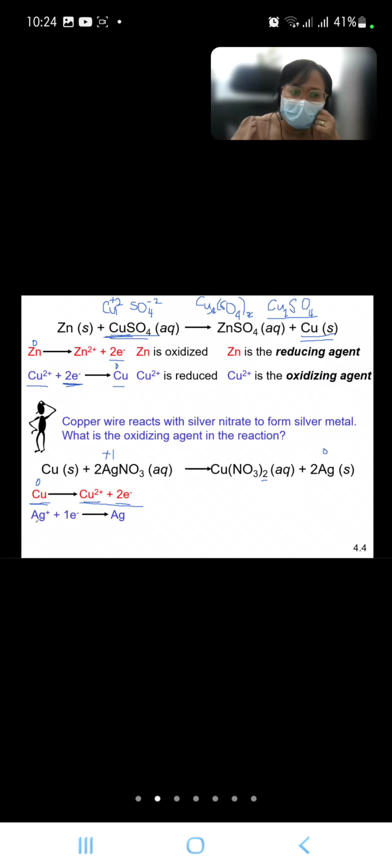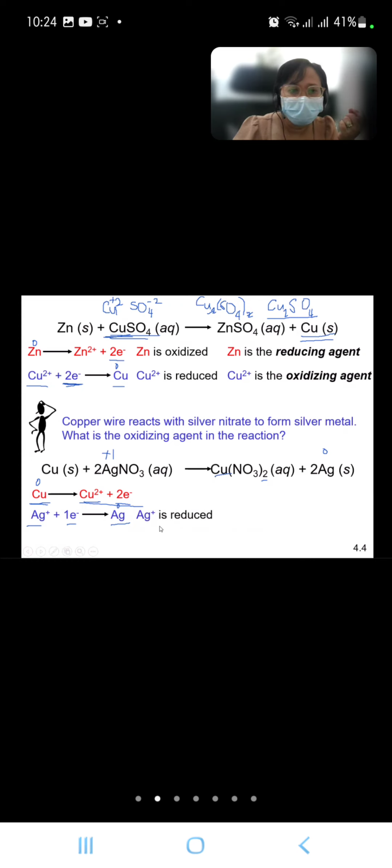So silver is accepting 1 electron. So when it reaches the product, the charge is 0. Okay? So here silver accepts or gains electron. Here copper loses electron and becomes a charged particle. Okay? So